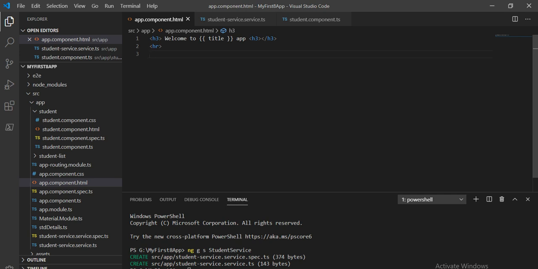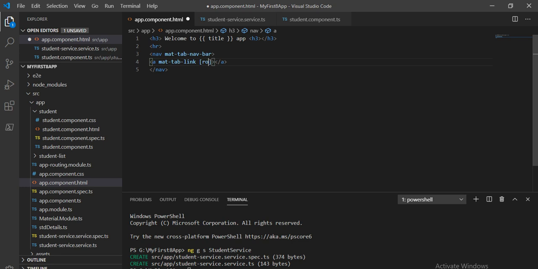So I will take a tab using Angular Material. So mat-tab-bar, and inside this I will take the link, and the link type I am going to type is mat-tab-link.